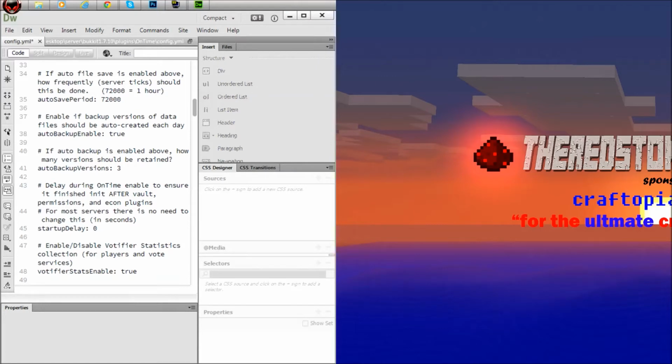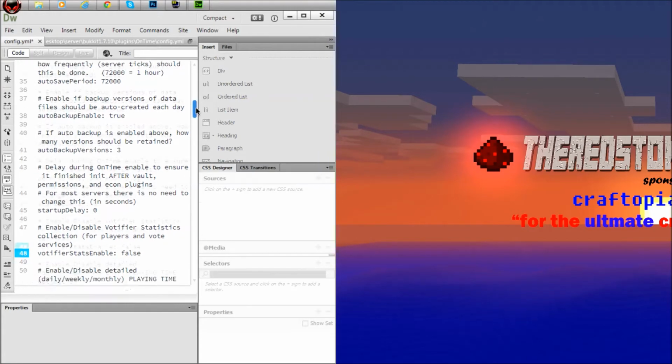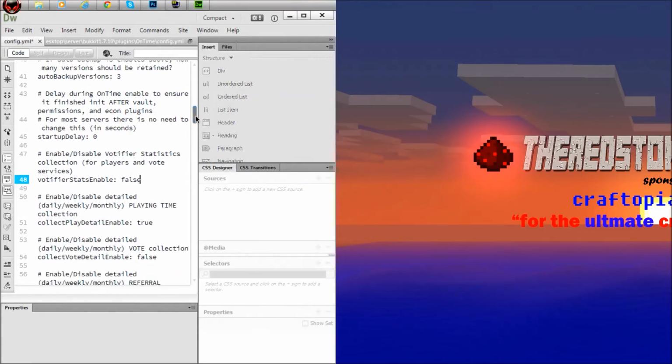And I'm going to leave the autosave period as 1 hour, so every hour there'll be an autosave. But if I shut down the server, there'll be a save there. So backup will be enabled as true, so there'll be backup files available to me. I'll have to just type a command in the console to generate those backup files. Auto backup is going to